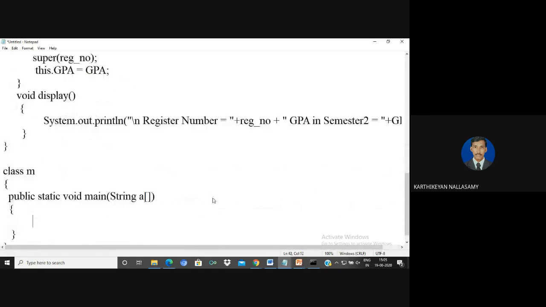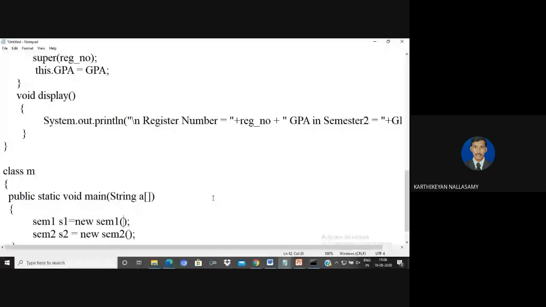We know that there are two derived classes, so we need to create two separate objects for them. Sem2 object name equals new Sem2, but actually it is an error because we are using a parameterized constructor, so we pass the register number along with the CGPA.